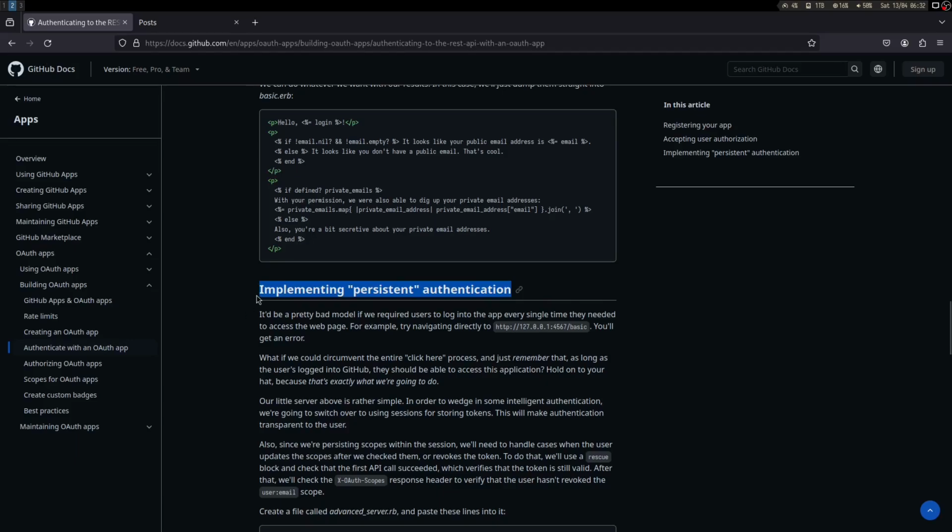Now I think this would be interesting, implementing persistent authentication, because it makes sense. It would be a pretty bad web app if you had to log in each time you go on the website. Especially imagine if you have 5-factor authentication. Imagine having to open 5 apps to just log in. Anyway,